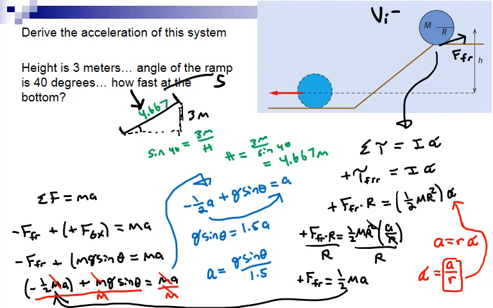V initial is 0 up here. V final is what we're looking for down here. And we can find the linear acceleration right here. So go ahead and pause the clip and see if you get the same thing as the energy there. And then when you're ready to check, you can hit